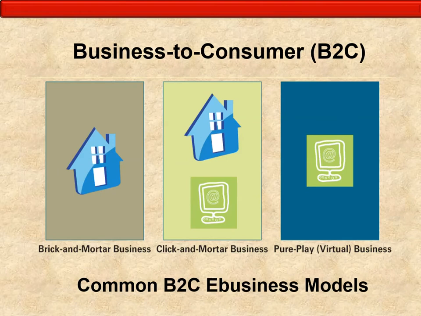Here are different ways that a business-to-consumer business model can happen. You have a brick and mortar. You have what's a click and mortar. That's both online and a retail store, such as Best Buy. We'll use them as an example. You can shop Best Buy online, and you can also go to their physical store. And then you have a totally virtual business, which they call pure play, such as eBay. That would be an example of that.